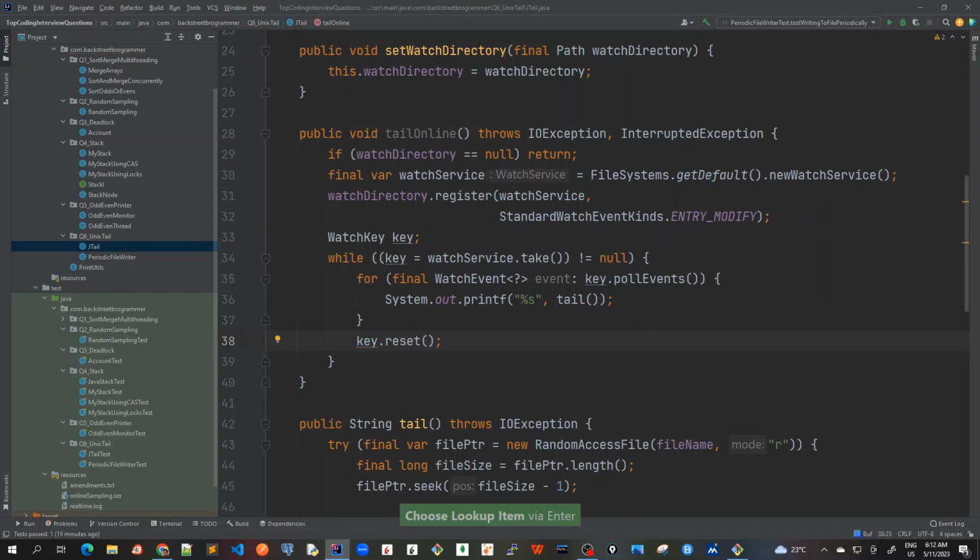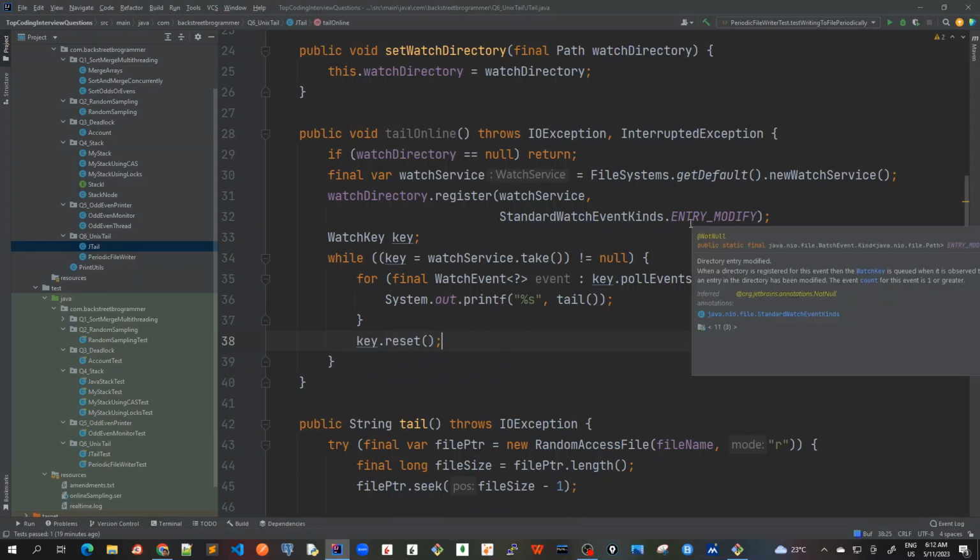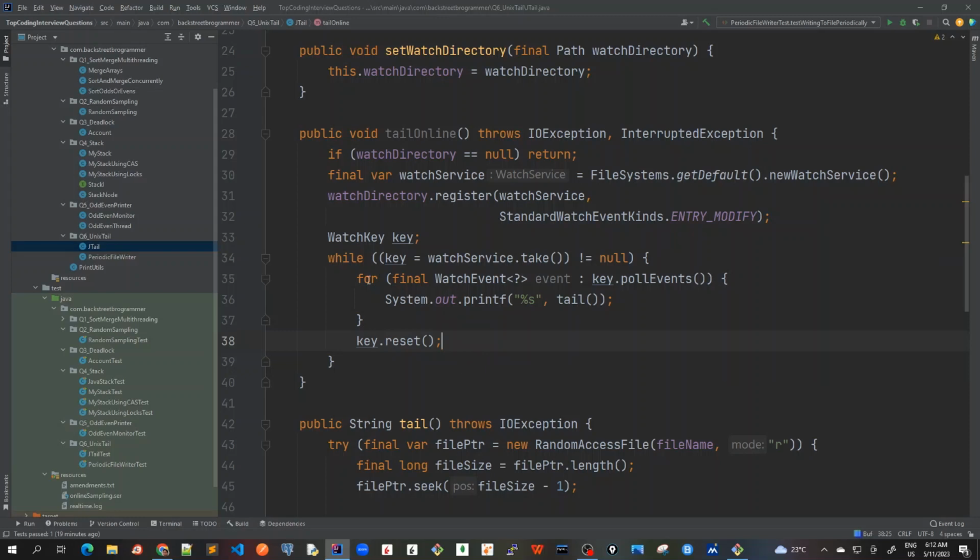So I'll call this reset. Reset means that once we have consumed this event, then again it will go to this while loop and again wait for the next modification to happen. So this is what it is all doing. Now let's